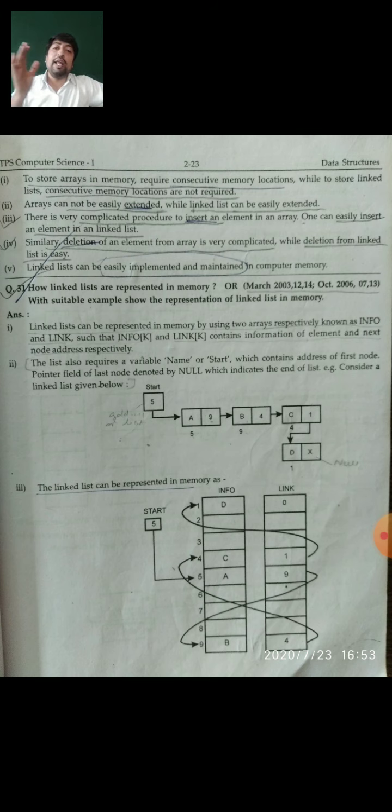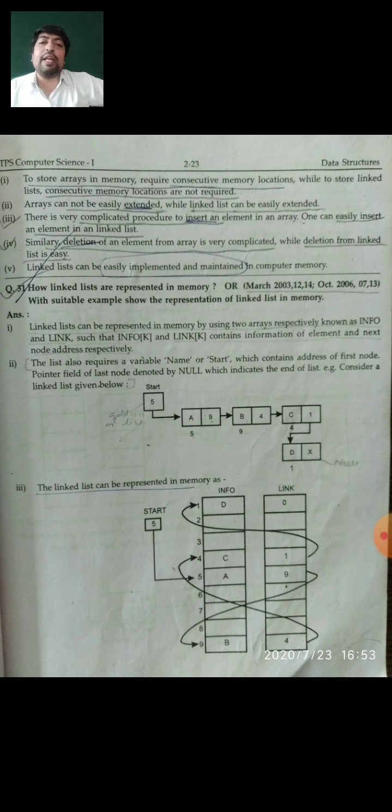But a linked list can be easily extended whenever you put the address of the new node at the address part of the previous node. So it is a very easy way to add a new element inside the linked list compared to the array. There is a very complicated procedure to insert an element in an array, as I told in the last point also.